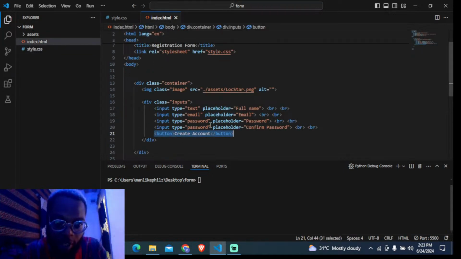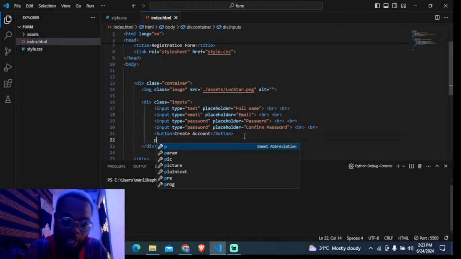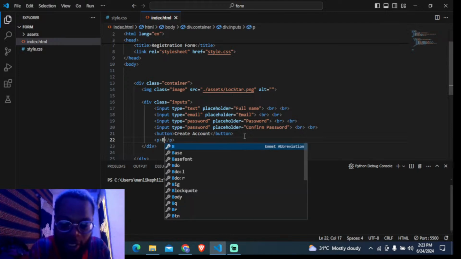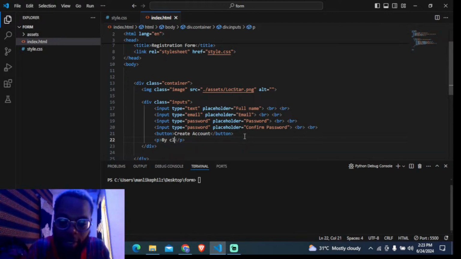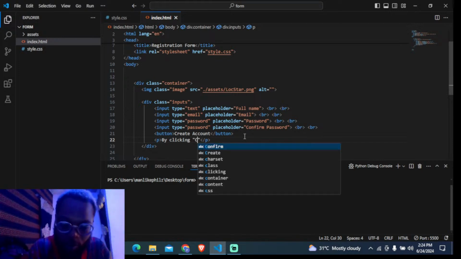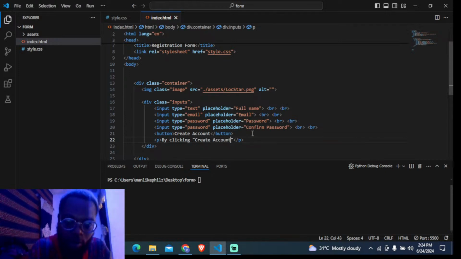So we'll go straight back here, and just underneath the button we'll be having a paragraph tag that says, by clicking create account, you have agreed to